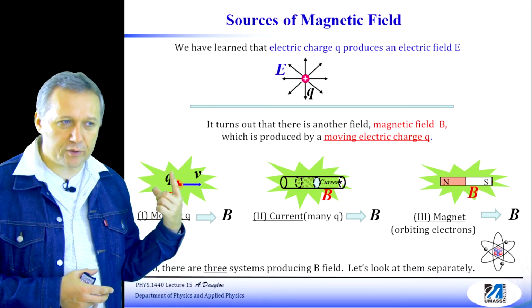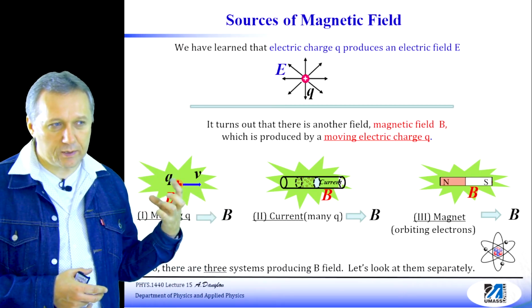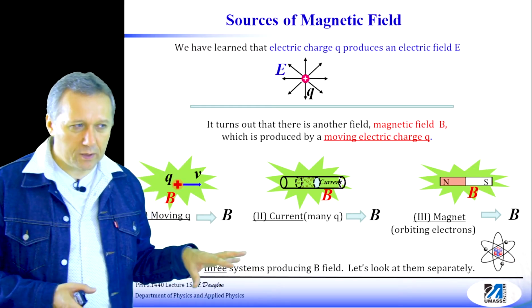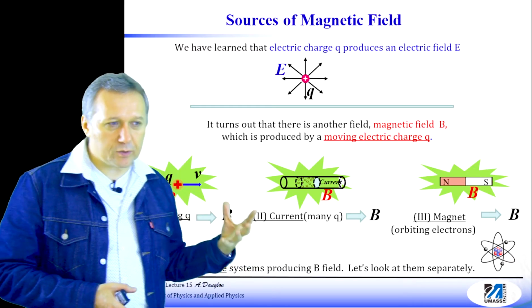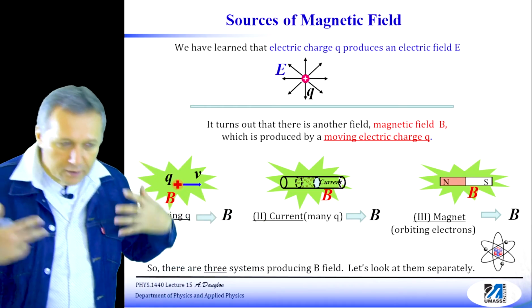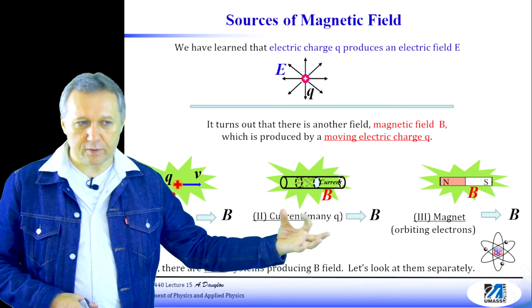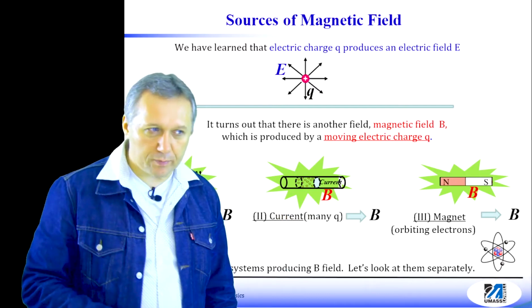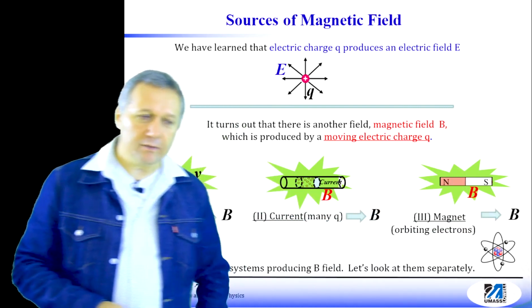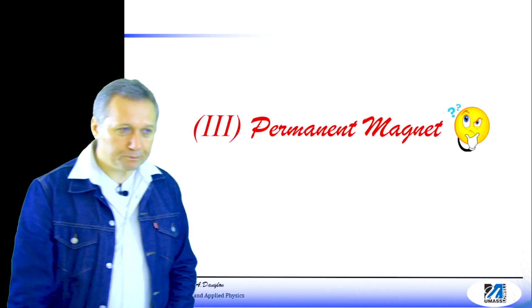The process of producing a magnetic field by a point charge is significantly more complicated. So we agreed that we'll just drop that part, the description of the magnetic field produced by point charges shown in the book. As a result, we usually use most of the time a magnetic field produced by a current, and for conceptual analysis, the magnetic field produced by a permanent magnet. Okay, so now let's